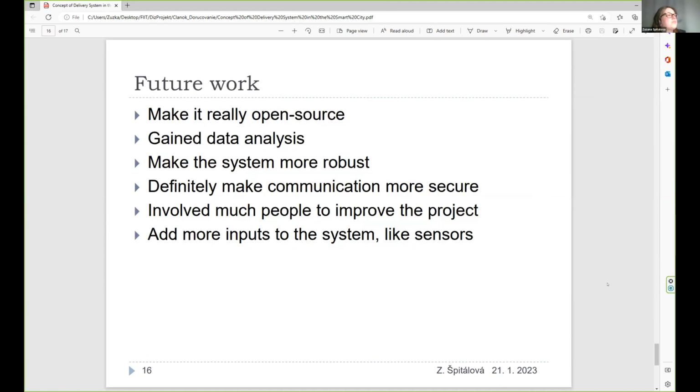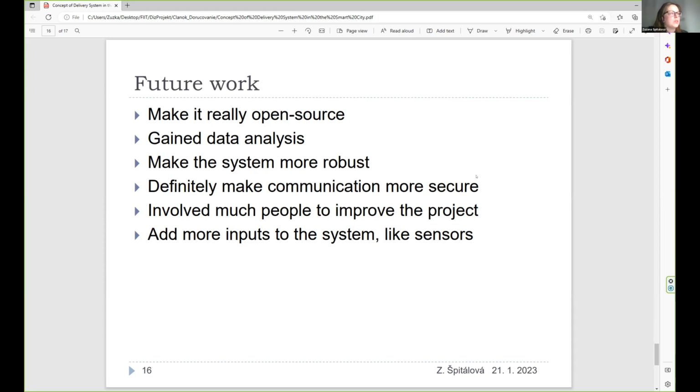And here we have some plans for future work with the system, because the system is now designed for usage. It was tested, but we also need more people who can test it.